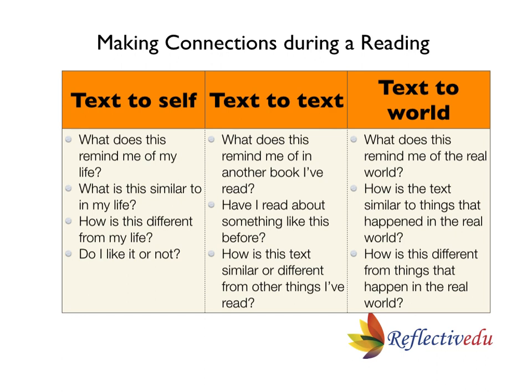In text to text, children relate what is happening in the story to other stories they have read. For example, in Little Red Riding Hood, she walked in the woods to go to her grandmother's house. Goldilocks also walked in the woods to find the home of the three bears. They will connect how these stories are similar and different. And finally, text to world. Students think about how the story is related to the real world. In Little Red Riding Hood, they can relate it to not talking to strangers, as Little Red Riding Hood talked to the wolf.